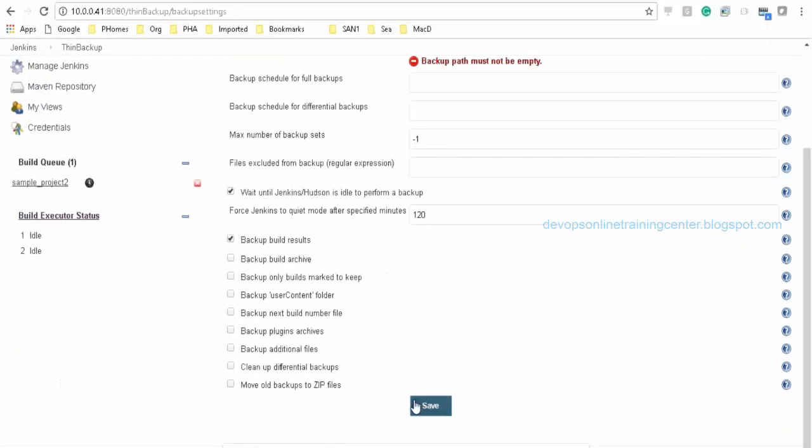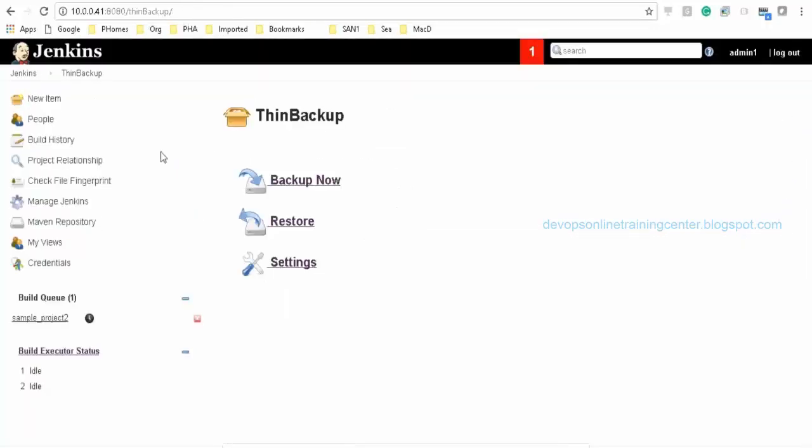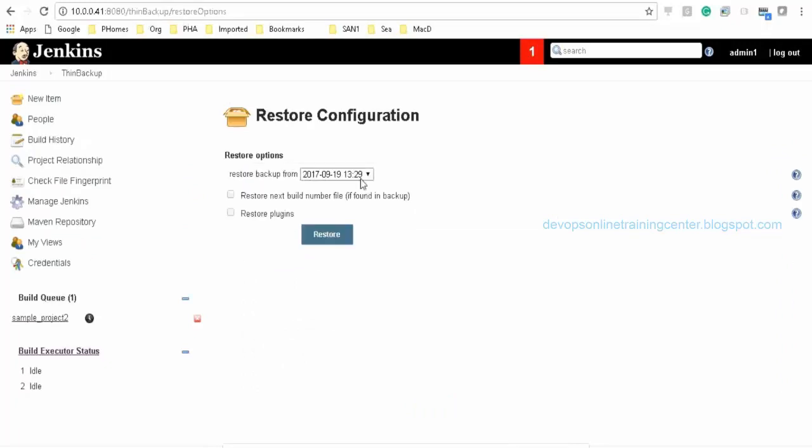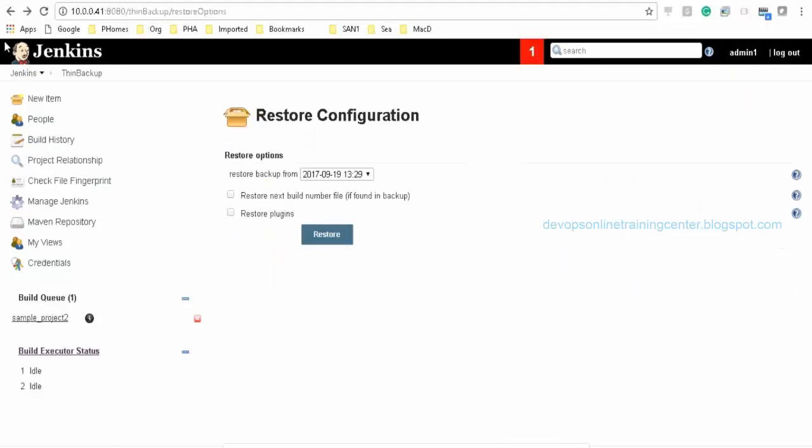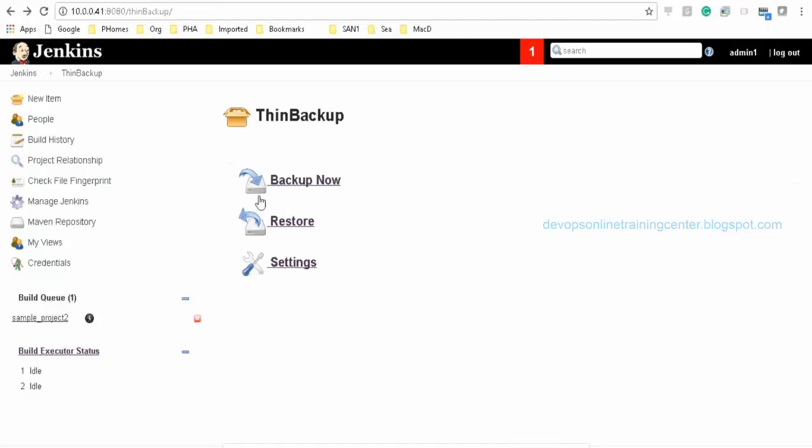Some default options. Now backup. Restore. Okay, this will give a time-based restore, from which backup you want to restore. So if I again take a backup, backup now, it will create different backups based on the timestamp.